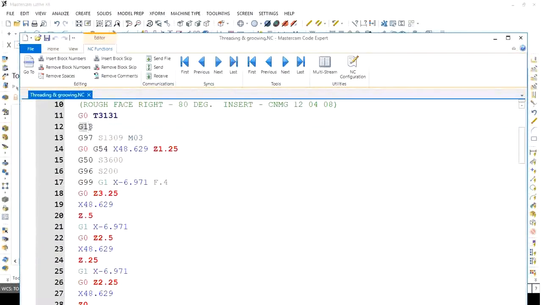G18 code is used for the plane selection, that is XZ selection, because in a lathe machine we are selecting the X and Z plane. G97, it is the constant surface speed. The speed is mentioned. M03 is the spindle on in clockwise direction. Z0 again rapid traverse. G54 is the coordinate setting, X location and Z location coordinate data.